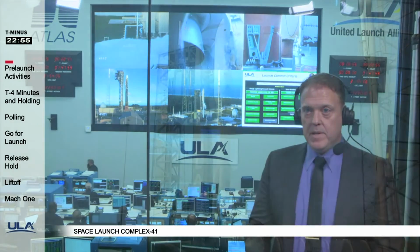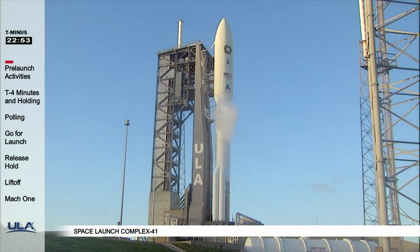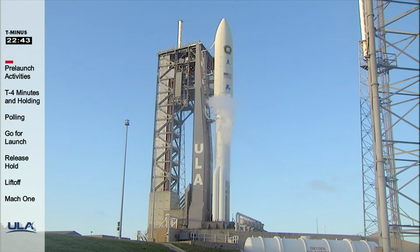Shortly, the count will enter a planned 7-minute hold. We have 2 planned holds in today's nearly 7-hour launch count. These holds give our team additional time to resolve any issues prior to entering the terminal count. However, at this time, the team is not working any issues, and we are proceeding towards an on-time liftoff at